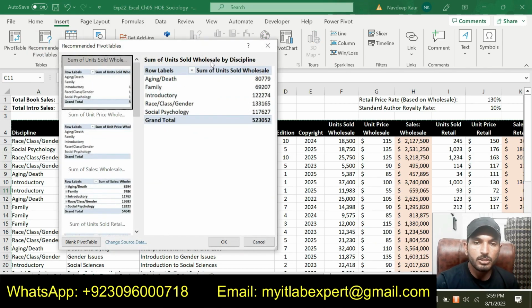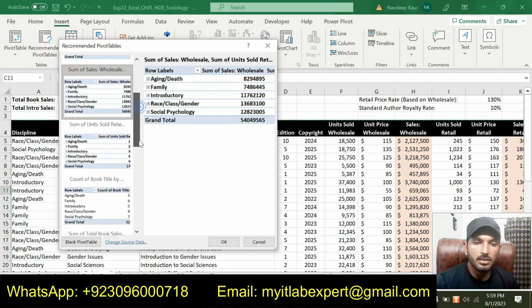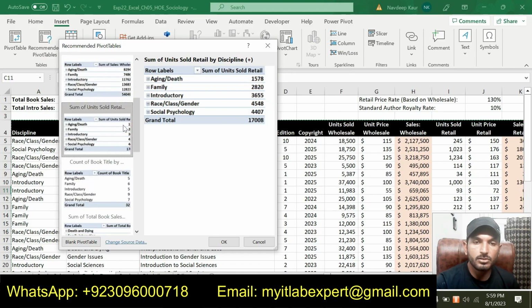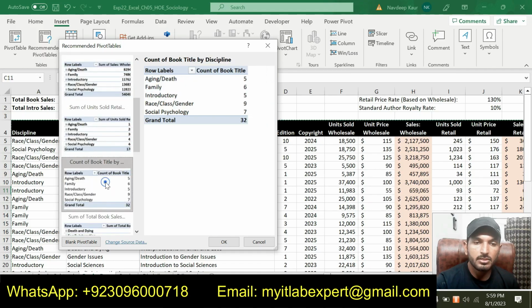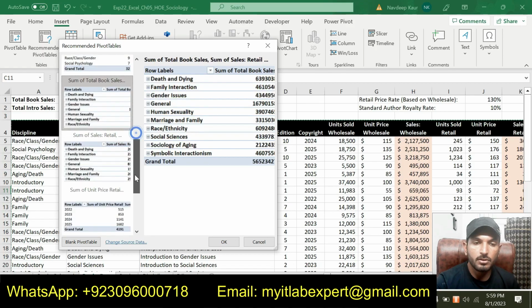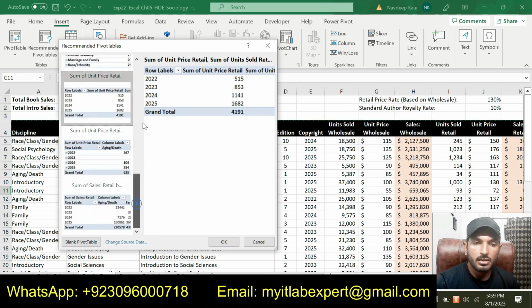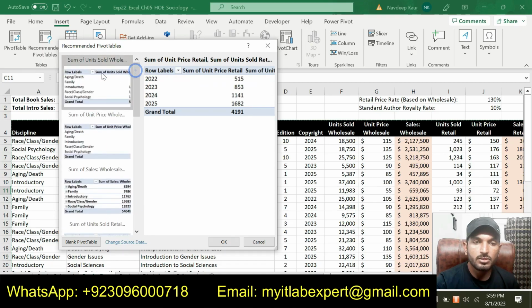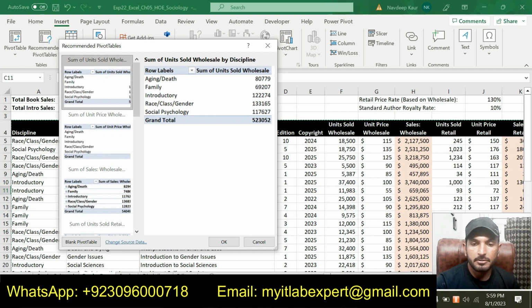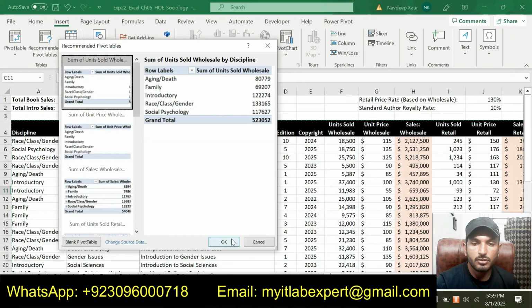Sum of units sold, wholesale by discipline, sum of unit price, sum of sale, sum of unit sold, retail by discipline, sum of books, sum of total book, sum of sales, sum of unit price. So we are supposed to use the sum of units sold thumbnail. So click OK.